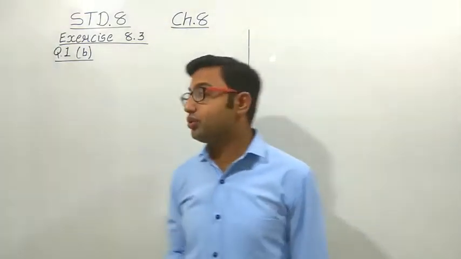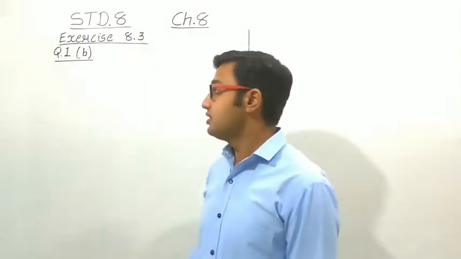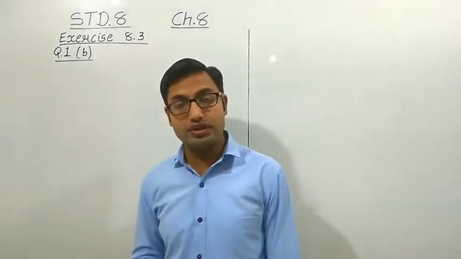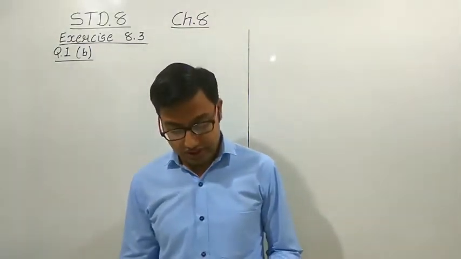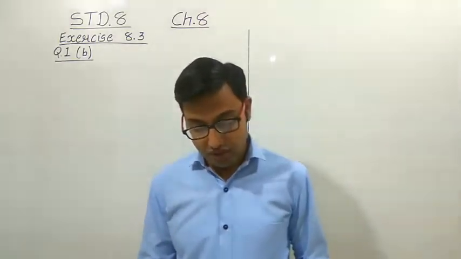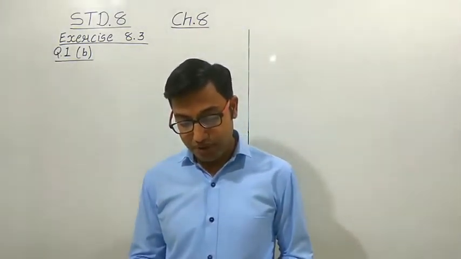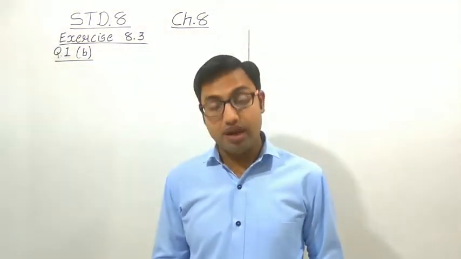Hello students, today we will study the question number 1, sub question number B. This is the topic of standard 8 chapter number 8 comparing quantities. This is the sum of exercise 8.3. So what is the question? Question is rupees 18,000 for 2.5 years at 12% per annum compounded annually, and we have to calculate the amount